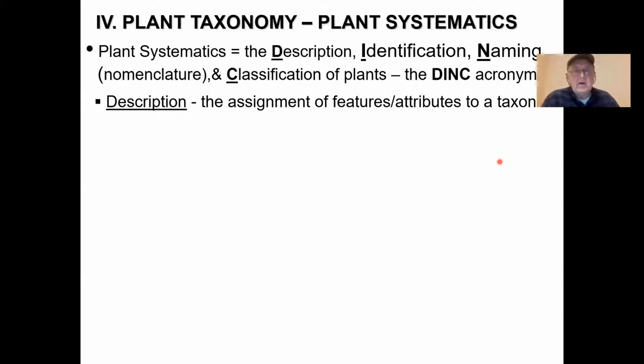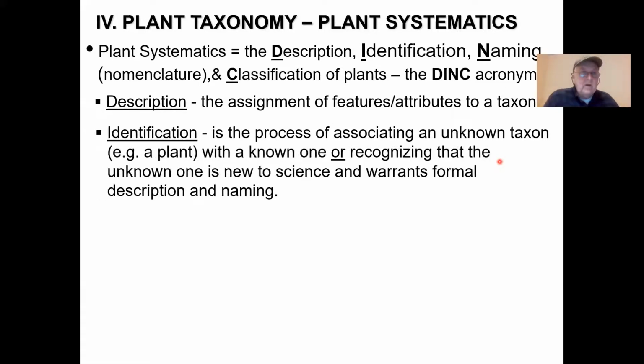Diagnosis. What is diagnostic? In other words, what makes it stand out? Now, identification